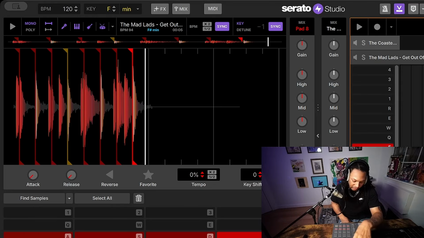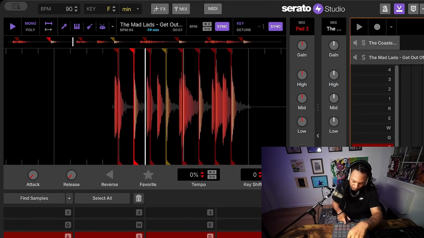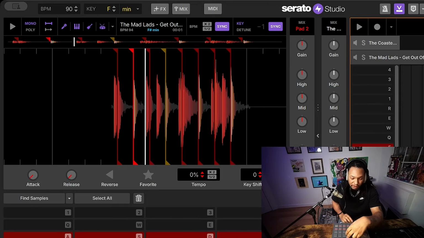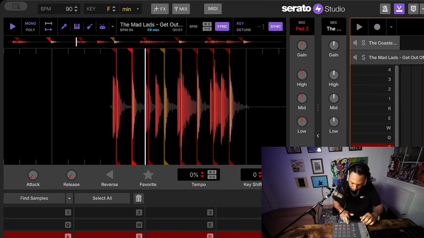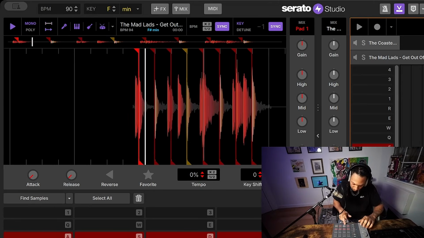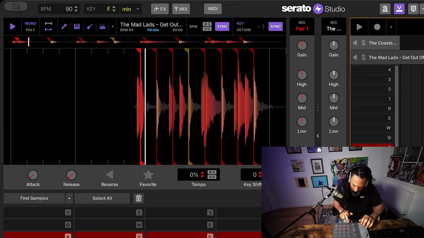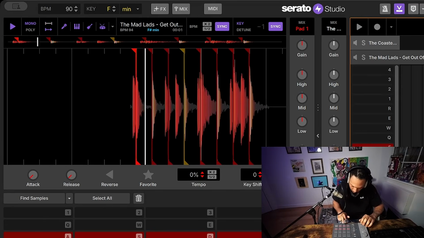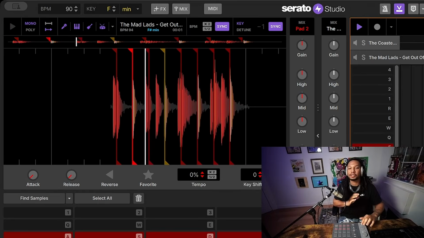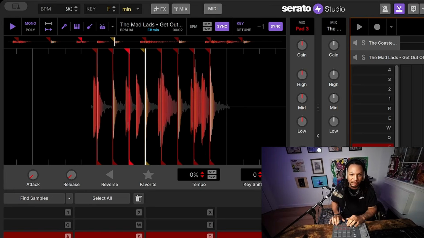I won't even mess with it too much, but I'm gonna slow down the BPM. Probably 80 to 90 is a sweet spot for boom bap. And also check the trigger mode too, because I can. I'm not trying to overcomplicate it, but I'm gonna show you, this is the bare bones, right?